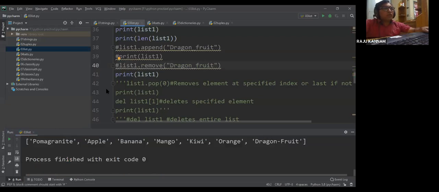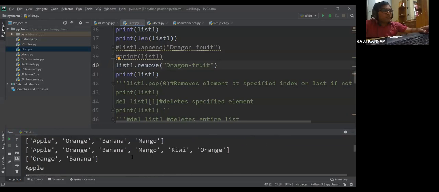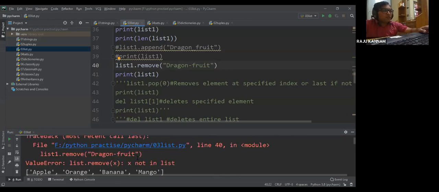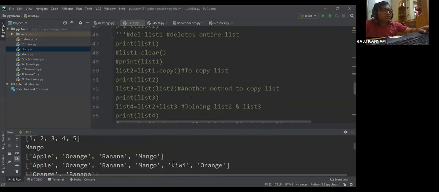Okay, so why am I getting this? Here I have added dragon dash fruit, and here I am giving dragon underscore fruit. So now if you execute this, let me check it. Actually, what is that?